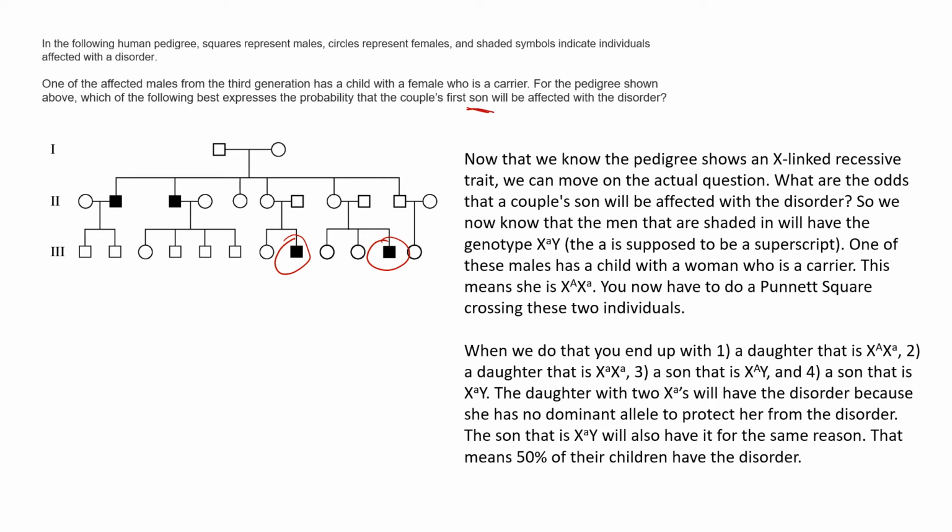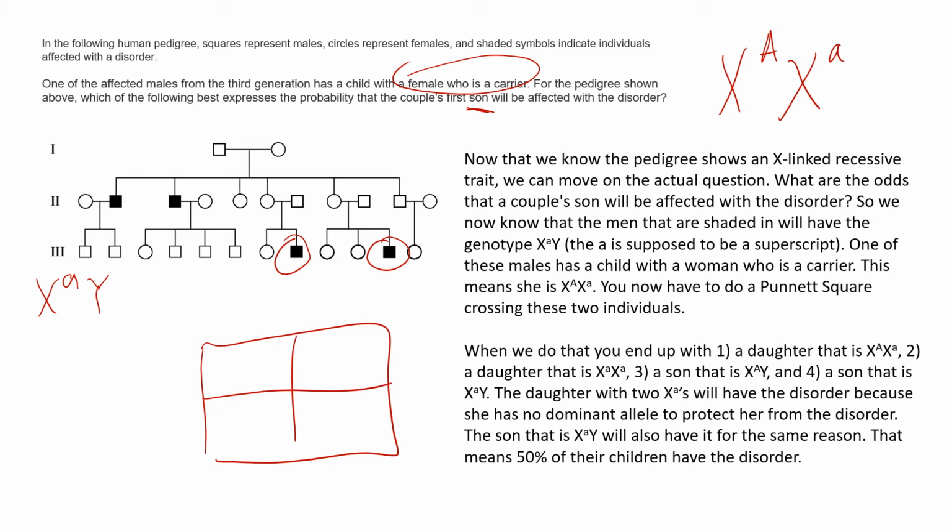So we have to know a little bit of their genotypes here. The males that are affected are going to be X little a Y. The mother is a carrier, so her genotype is going to be X capital A, X little a. Now we have to do a Punnett square for both of these to figure out what is the probability that their children will have the disorder, and then we will look at what's the probability that their sons have the disorder. So we set up our Punnett square and we